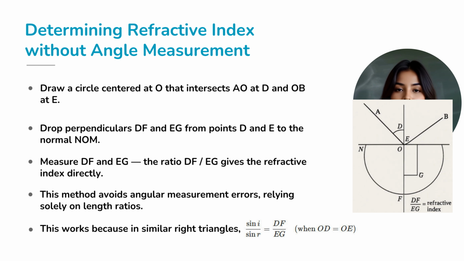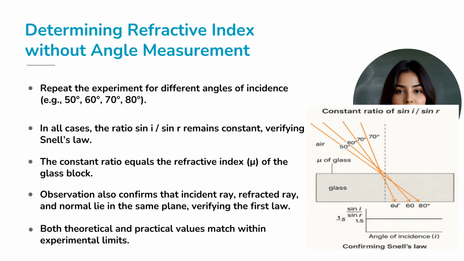Why does this work? In the right triangles formed, sin I equals DF over OD and sin R equals EG over OE. Since OD and OE are equal, the ratio sin I over sin R simplifies to DF over EG, elegant and precise. To be thorough, we repeat the process for several different angles of incidence, say 50 degrees, 60